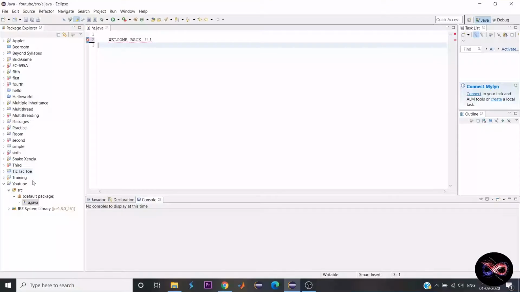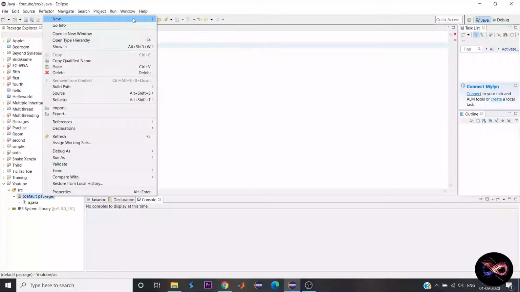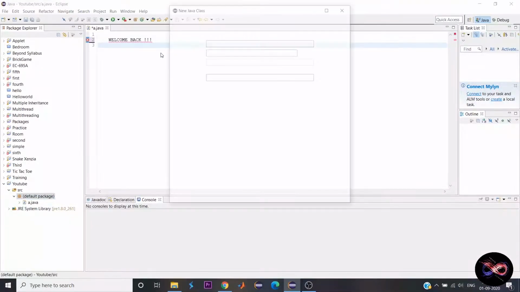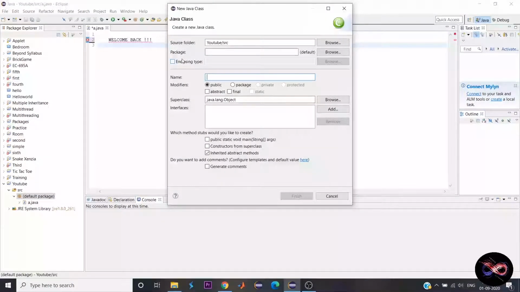So in Eclipse, where you have created a Java project, you just click on the default package, right click on it, and here you can see the new button. So you just create a new class, and you should always remember that the name that you give should be the same name as you are using with the class, or else it will not work.